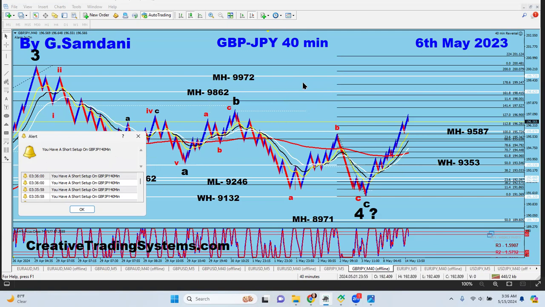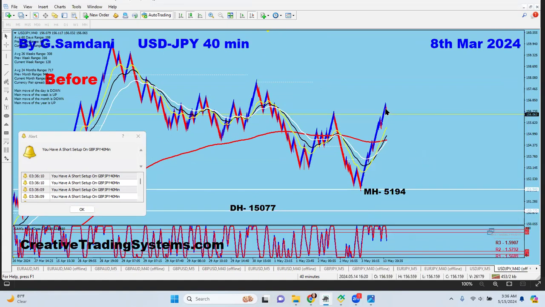But this one will also, if USD gets weaker, yen will get strong, hopefully, and then this thing will drop. Now, pound yen is going to drop. Similarly, USD yen already gave me the alarm. See, this is dropping now, red candles, right? This is also A, B, C, and then it's a big move to the upside. And then most likely it's going to come down here around maybe this low here, or maybe 38%, 50%, 61%,